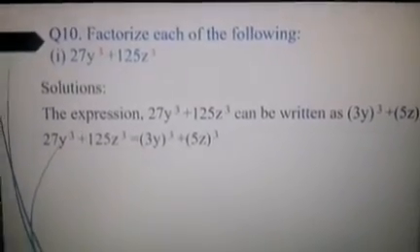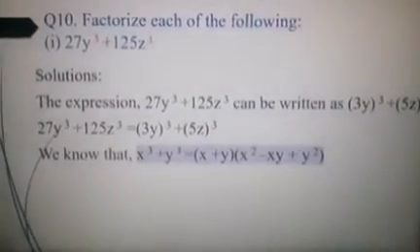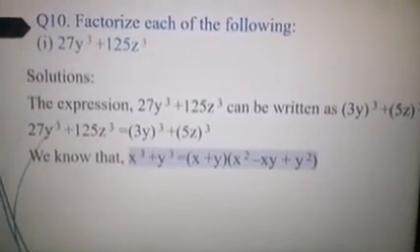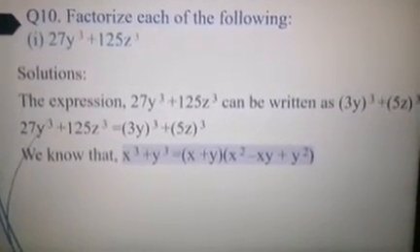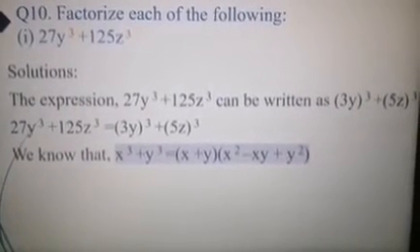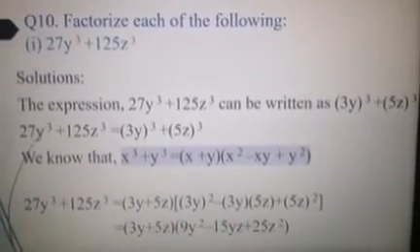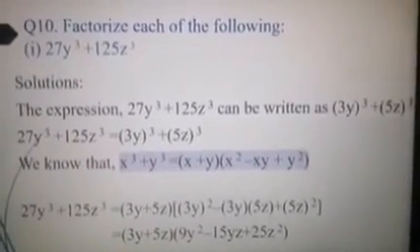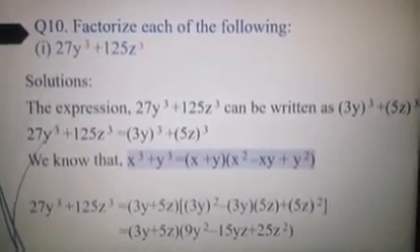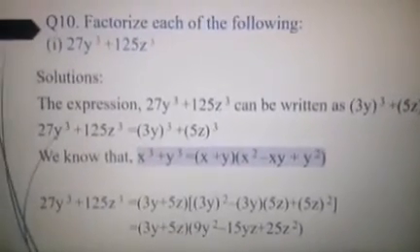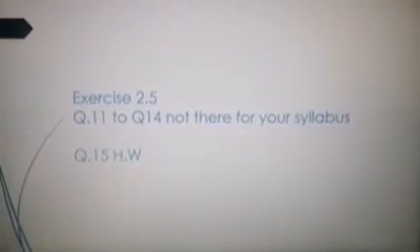So now you can remember the formula now. Okay, go back to the formula. Just now what we learned, which is x cube plus y cube is equal to x plus y into x square minus xy plus y square, right? So in place of x, I'll be writing 3y. In place of y, I'll be writing 5z. Yes. So thus we have factorized the given expression. So see how simple it is to factorize the given problem with the help of the x cube plus y cube identity.